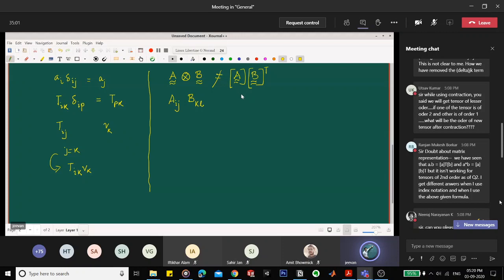Okay, because you see, if you carry out a matrix multiplication between two 3x3 matrices, it is only going to give you a 3x3 matrix. Now, a 3x3 matrix is at best a representation of a second order tensor. But the result of the dyadic product of two second order tensors is a fourth order tensor. So these things are not just equal; they are of different tensor orders. Okay, so it's completely different. I hope that answers your question, Ranjan.